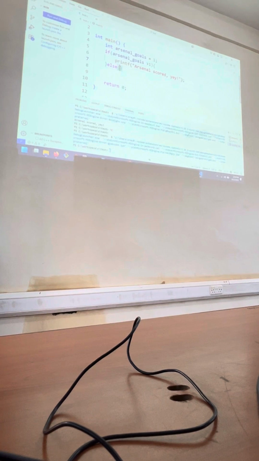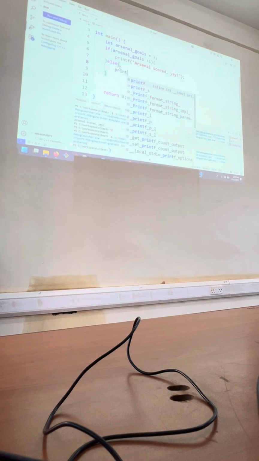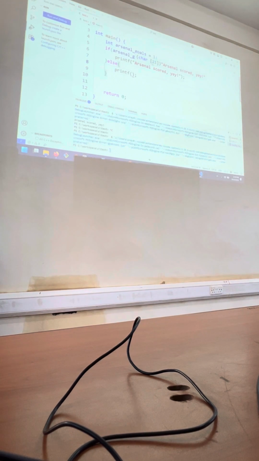I open, close my curly brackets, then I put whatever I want here. So, what's happening here? When the goals are greater than 1, it evaluates to true, and that's what is in here. But when this evaluates to false, it's going to go to the else. So when this is false, it goes to the else, in which case we can say